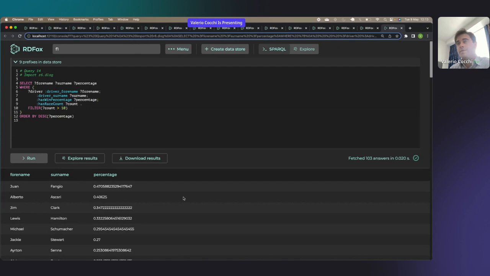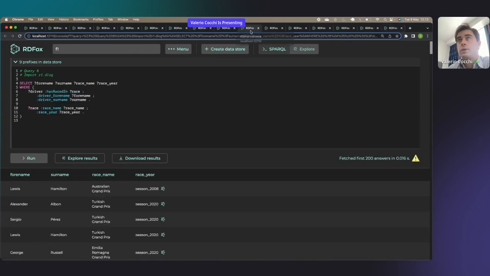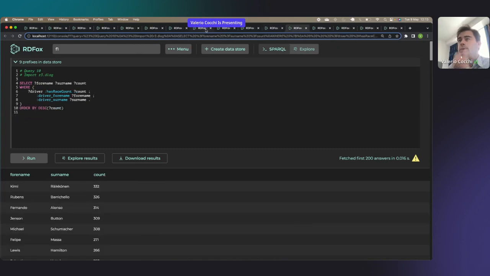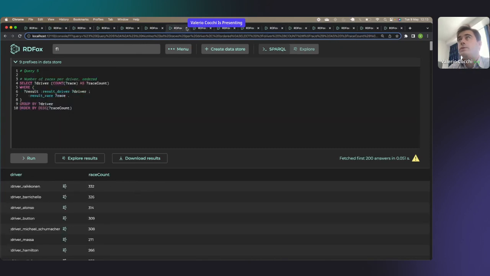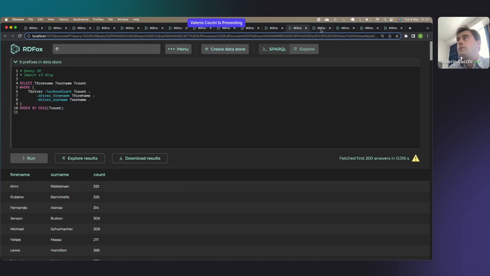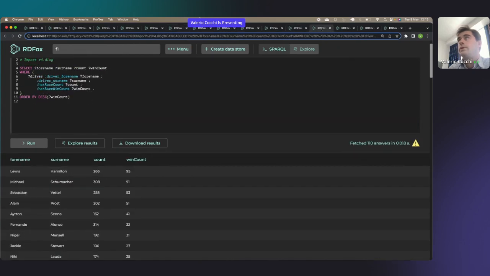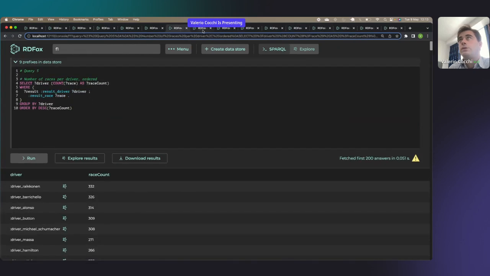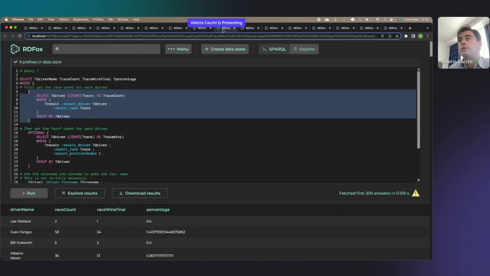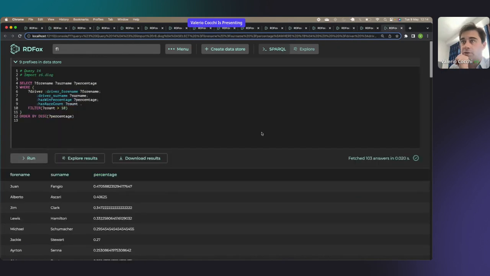Now, one interesting thing here is that the percentage in this query is slightly different from the percentage in a previous query. I think maybe this one. Hold on. Yeah, there we go. So the percentage for Fangio here is 41% in the SPARQL query, but here is actually